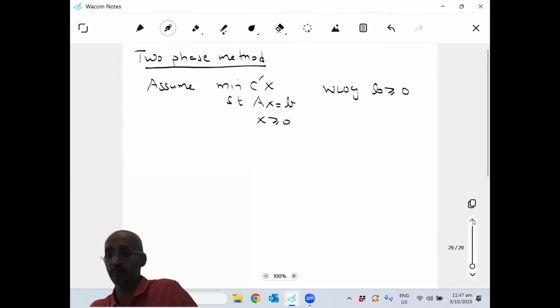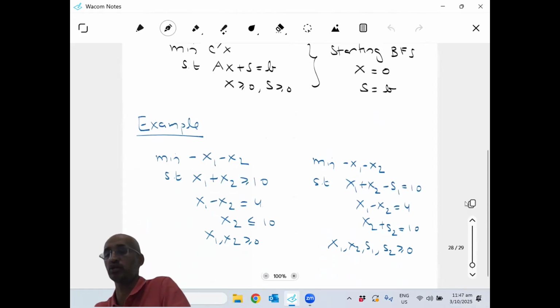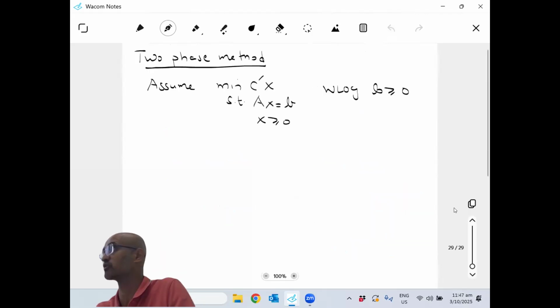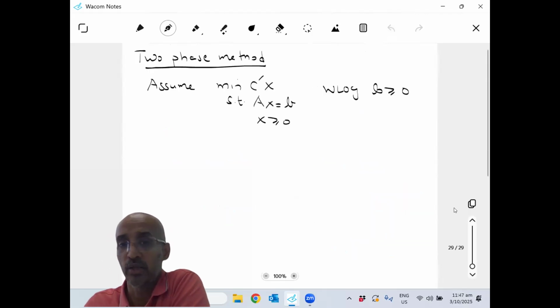Like in this example, it's automatically true. But suppose it was not true, suppose for some reason this number was negative. I would have just multiplied throughout by -1 into this equality. Okay. So there's no loss of generality in this. The problem is I don't know immediately what's a basic feasible solution for this problem in this form. So phase one, what it does is